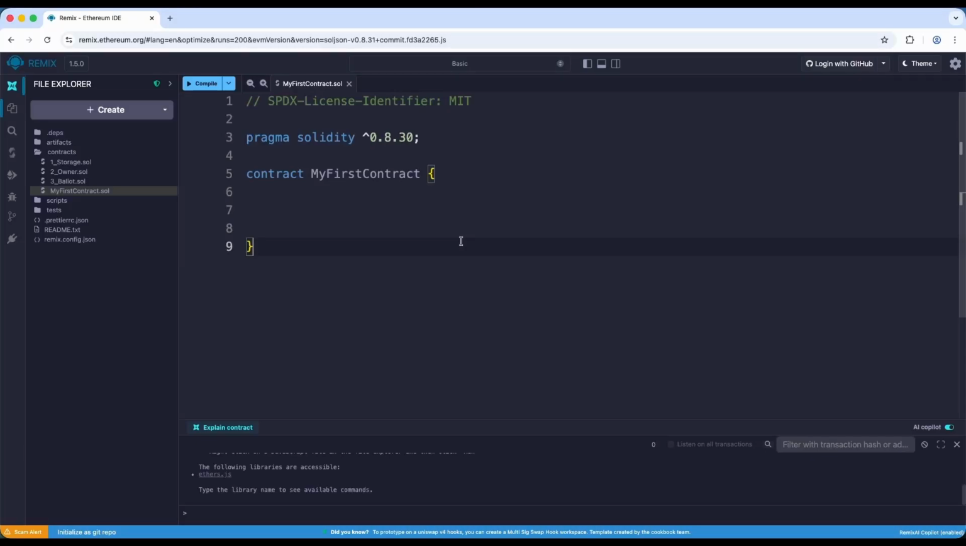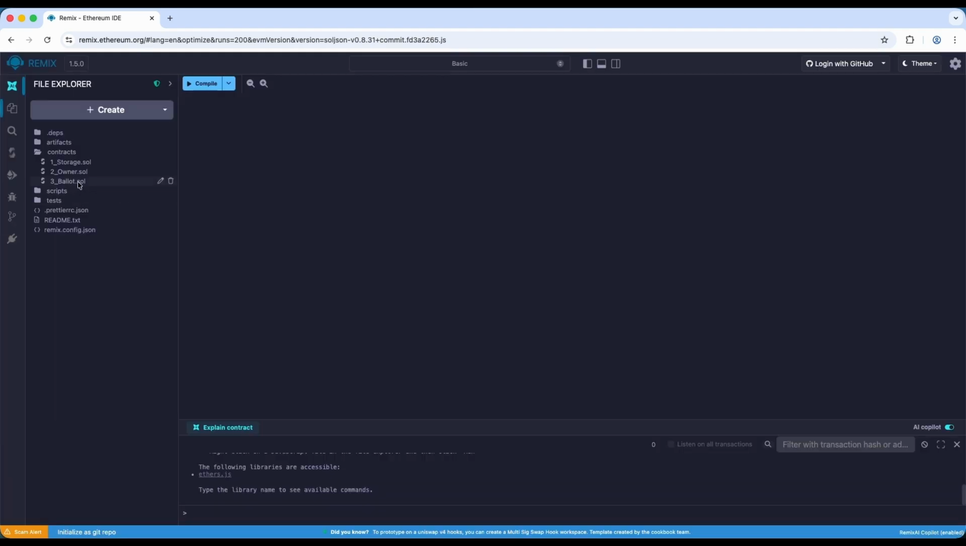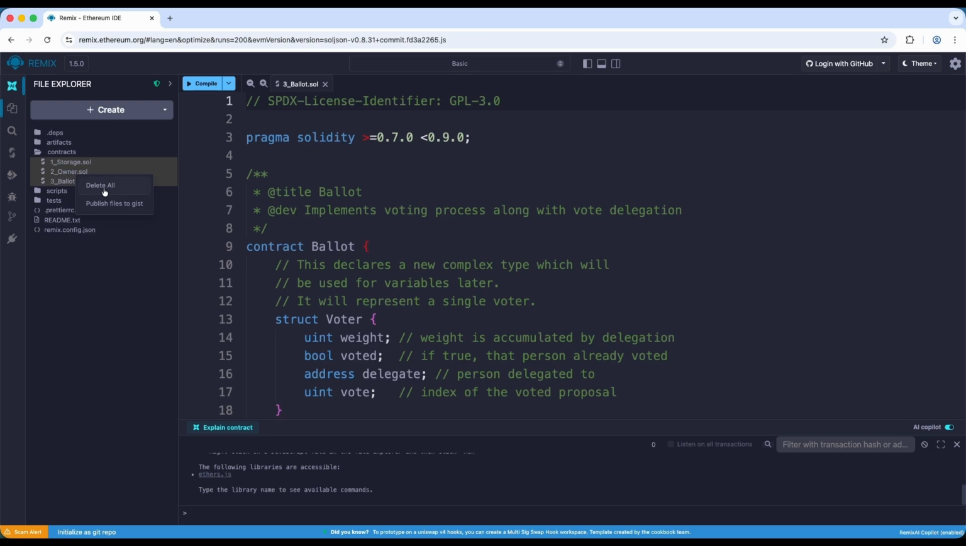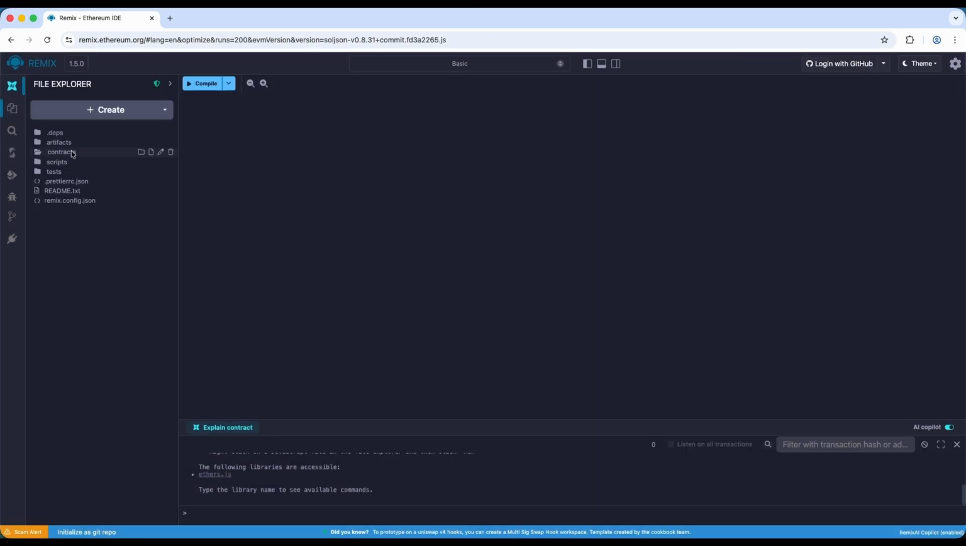Hello everyone, let's start to create our first message on the blockchain. So I will remove this file like this. Also I will remove all of those files, delete all. So let's create a hello world message. To do that, right click on this, create new file, and here I will say hello